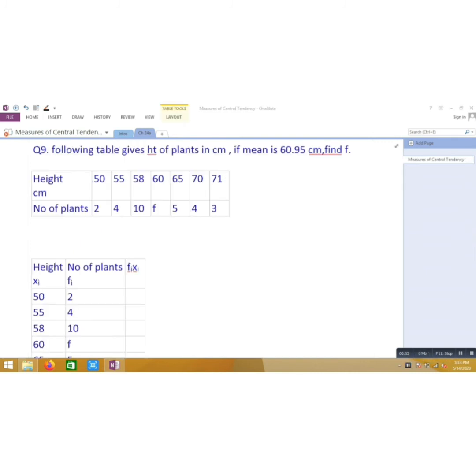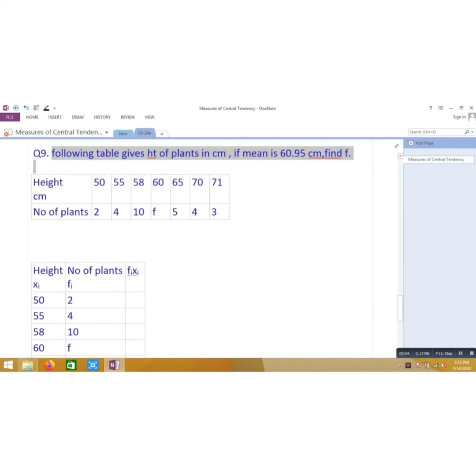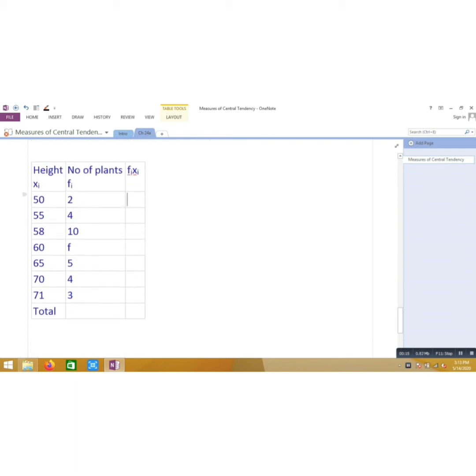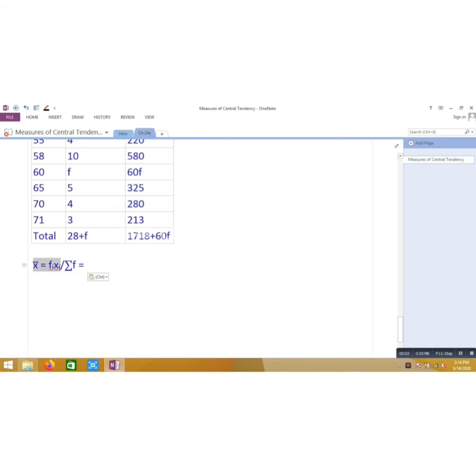Question 9. The following table is given. It gives the height of the plants in centimeters, and the mean is also given. We need to find f. So in the same way, we need to first multiply f and x, and then find the total for both the columns. 28 plus f, and 1718 plus 60f. So by substituting into the formula of arithmetic mean,